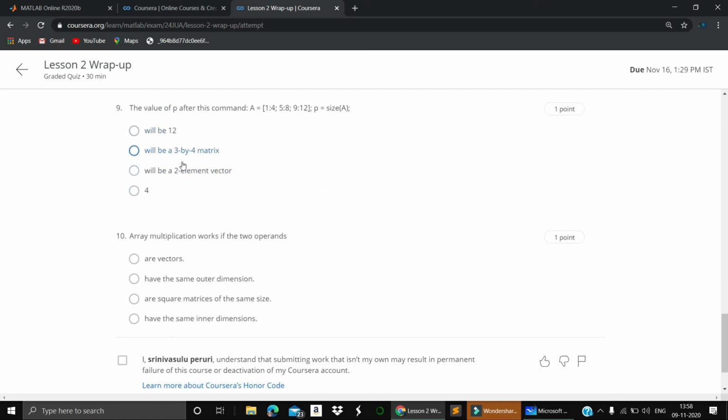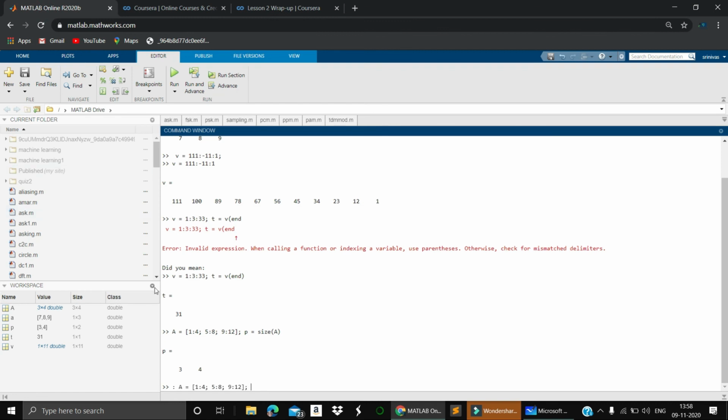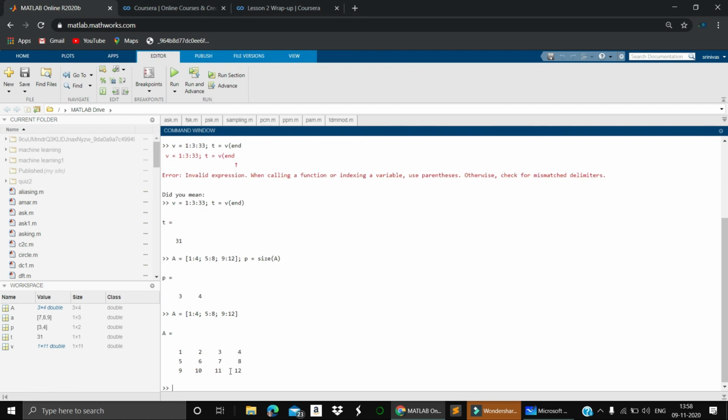This is where we are going to get the wrong command, right? Let's execute this one. What is it asking? We need to compensate for this error. Most probably I forgot to explain this one to you. So P is assigned a variable called size of A. What is the size of A?